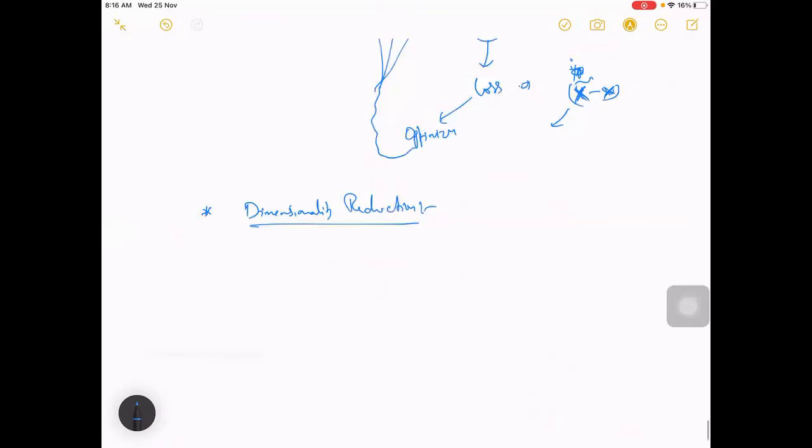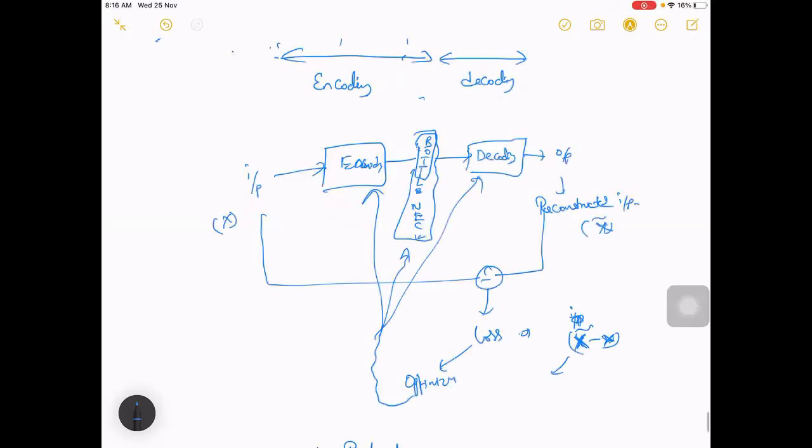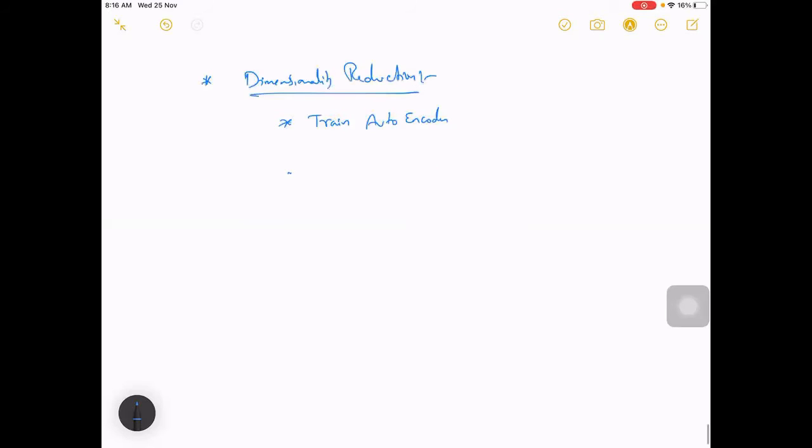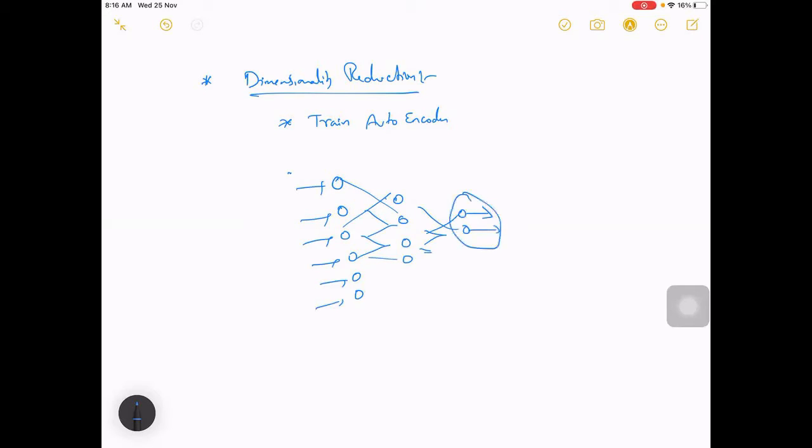In that, you first train the autoencoder, meaning this entire process, and then you only take the encoder part till the bottleneck layer. So this is your input, and you only take till here. These connections will be there anyway, and you give input. You take output from here. So what output you get from here is your lower dimension.